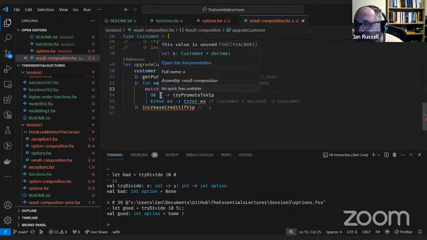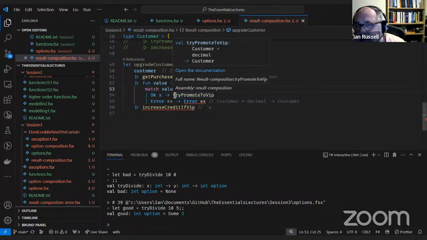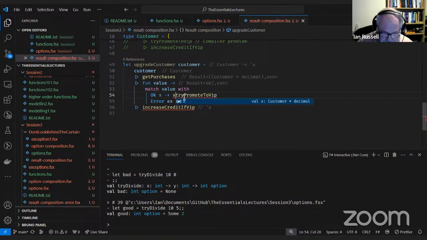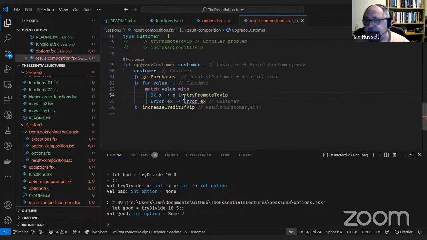The X here that we've got is a tuple of customer and decimal. So we can immediately pass that in. I'm going to write this with a forward pipe. Remember that all expressions have to return the same type on each path. So if you have an if expression, the then and the else have to return the same type.